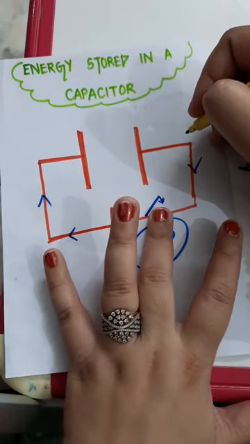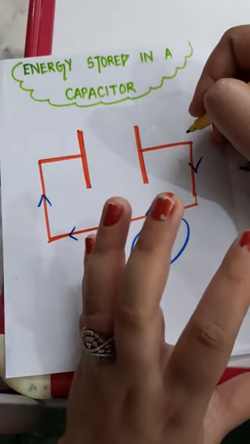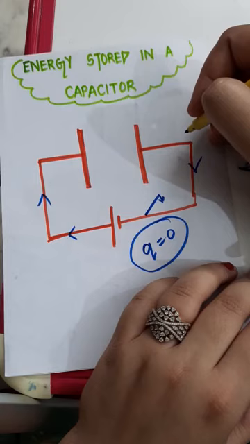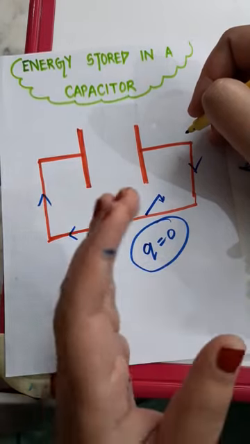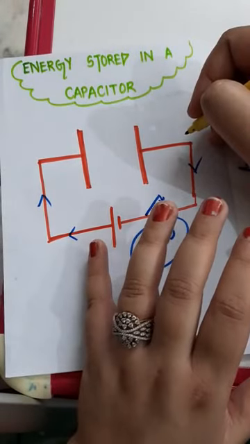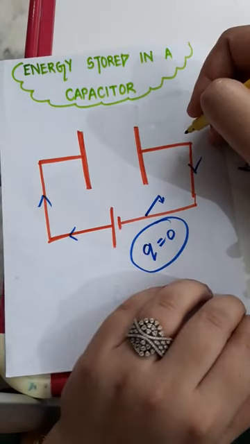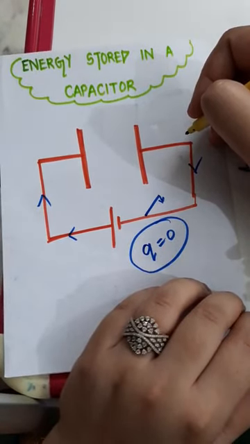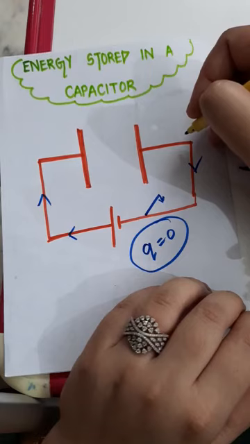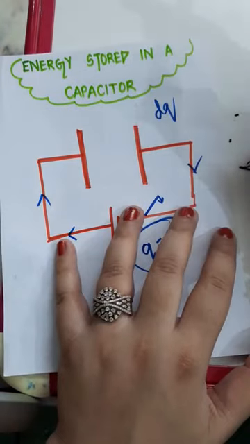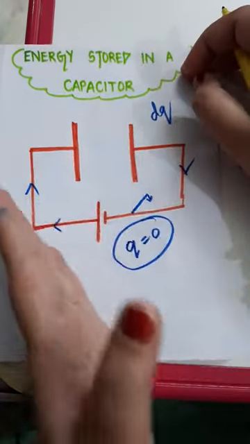Clear? But one thing to be noticed here: as soon as you close the circuit, the current will not rise to its maximum value instantaneously, because charge will be flowing in some small installments, and so the body does not become fully charged almost instantaneously. No, it doesn't happen. Rather, charge goes in the form of small installments of dq.